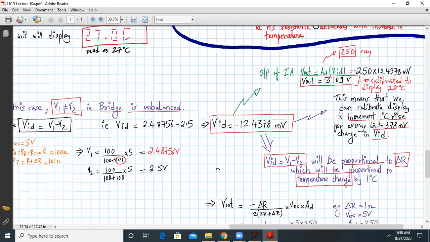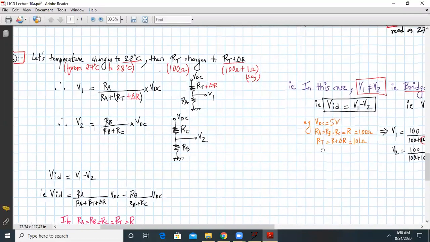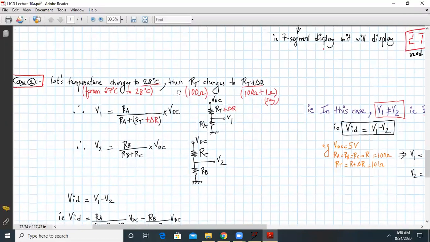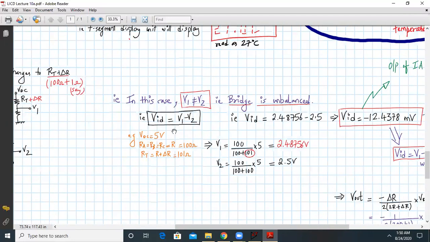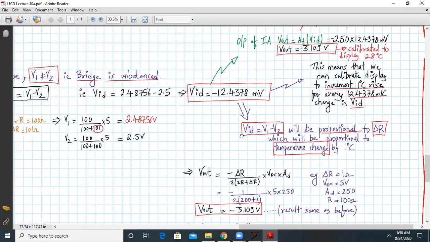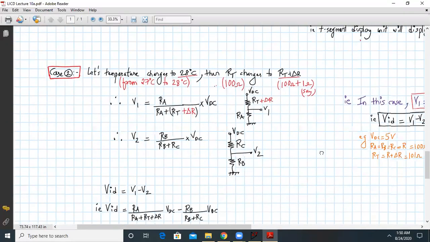So these were some numbers. Actually, there is a slight error, maybe you can say. PT100 resistance is 100 ohm at 0 degrees, so normally at 27 degrees Celsius its resistance will be 127. You can change that and reflect it everywhere, but nevertheless, the methodology will remain the same. It's perfectly fine.